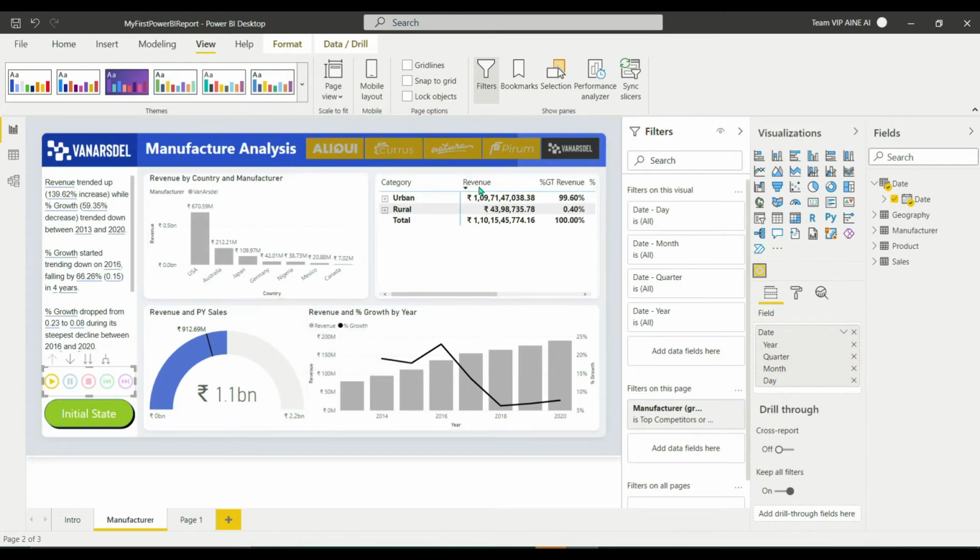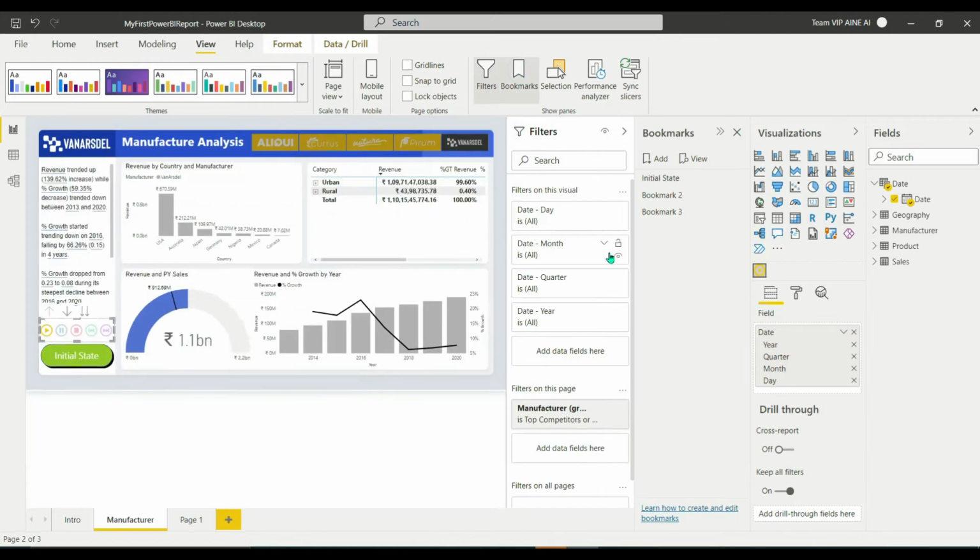And there is a special feature also available in Power BI, that is the bookmark feature. You can go to View and click on this Bookmark tab, and I have initially created three bookmarks. The initial state is the initial dashboard at its original state.